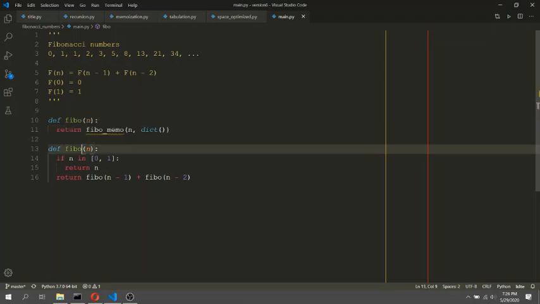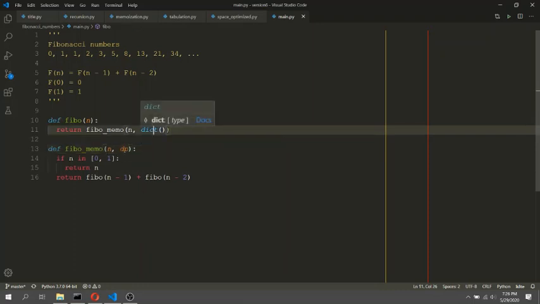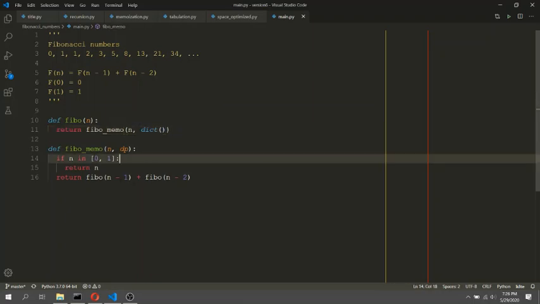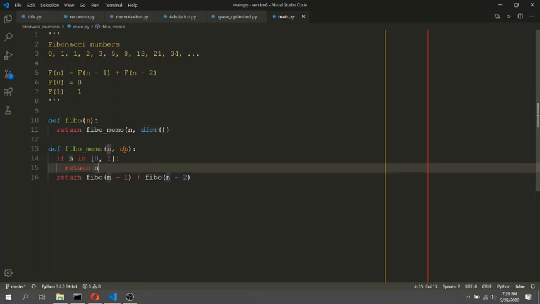We will rename this old function of ours as fibomemo, and we will pass one dp data structure. So this dictionary initially is empty because we have not generated any result, but as the calculation proceeds, this dp data structure will have input to output values present in it. We will see the working once we have finished this code.